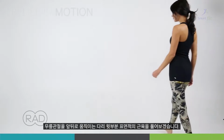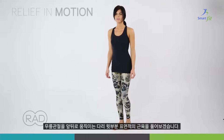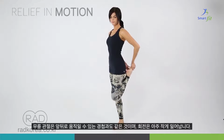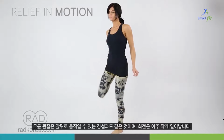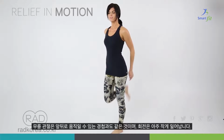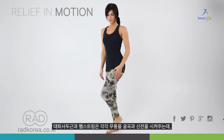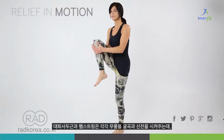Today we're going to show you how to work the superficial muscles on the upper leg that control the basic back and forth motion of the knee. The knee joint in a nutshell is a simple hinge that moves back and forth with a little bit of rotational capacity built in. The quad and the hamstring extend and flex the knee respectively, and if they're tight, you're